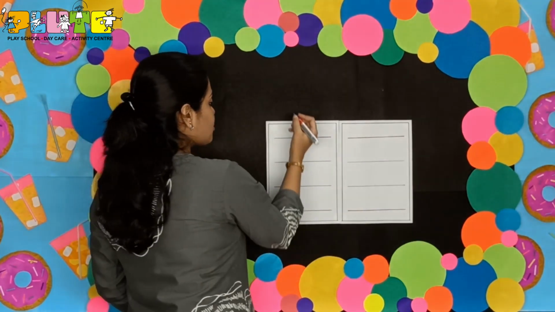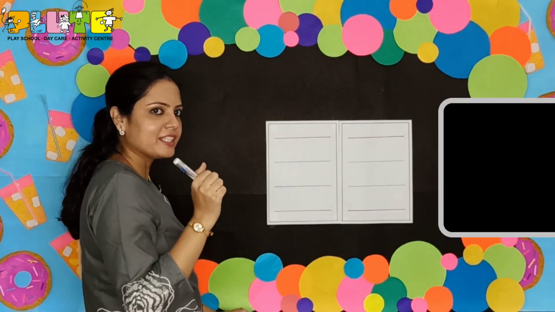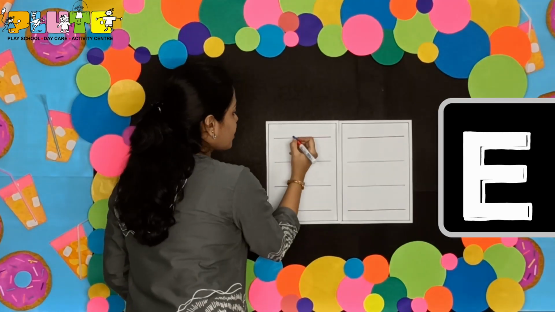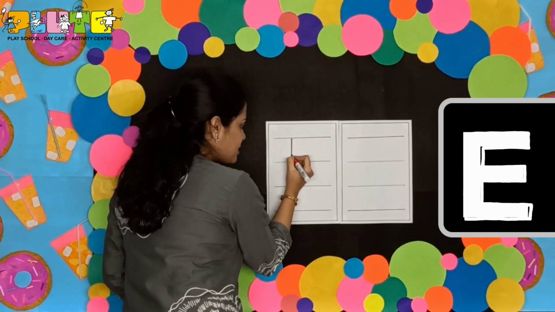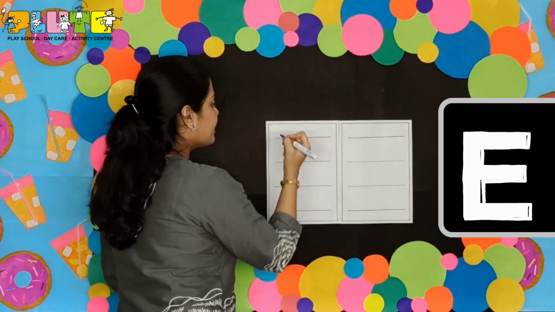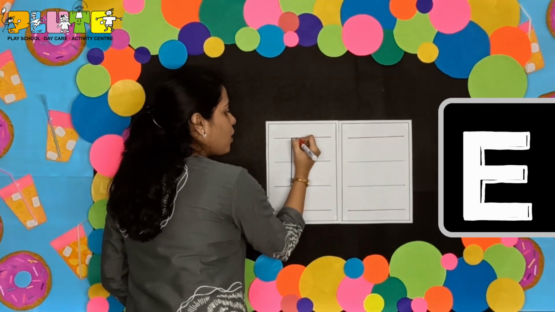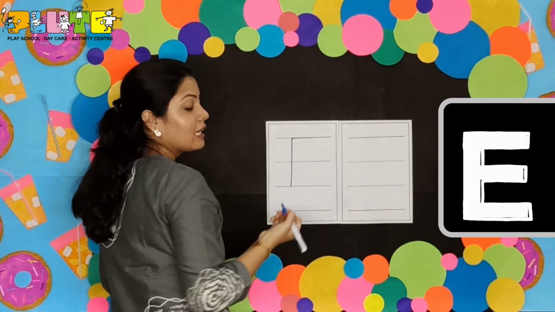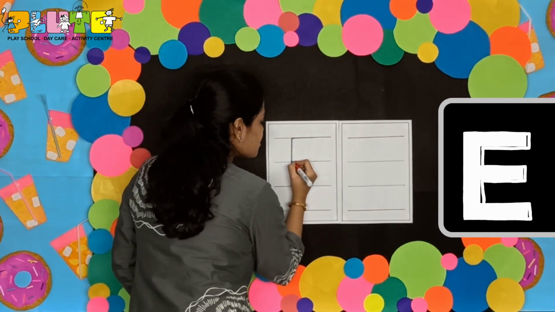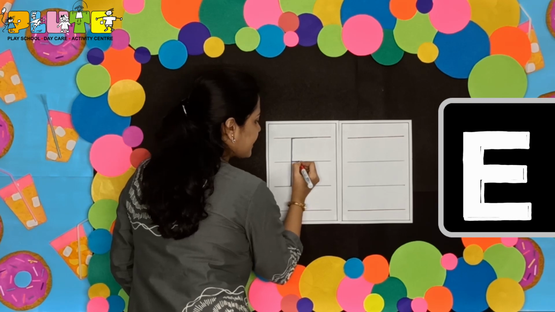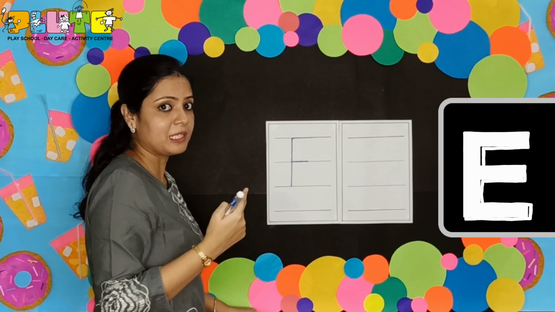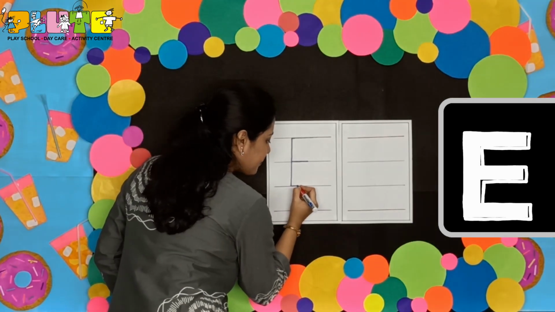Now we will learn the next two alphabets, that are E and F. For writing E, we need one standing line and three sleeping lines. So all of you look here. So from where will I start the standing line? Yes, I will start it from the first line. From the first line, I will draw the standing line till the third line. Then I will draw a sleeping line on the first line. Then another sleeping line, that is a small sleeping line on the second line. And one more sleeping line on the third line.